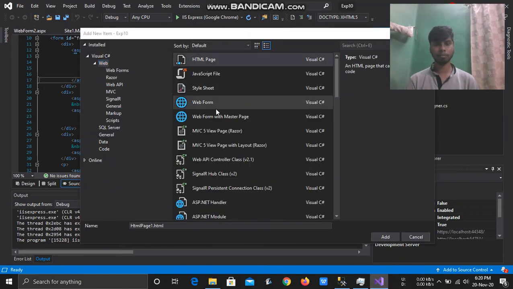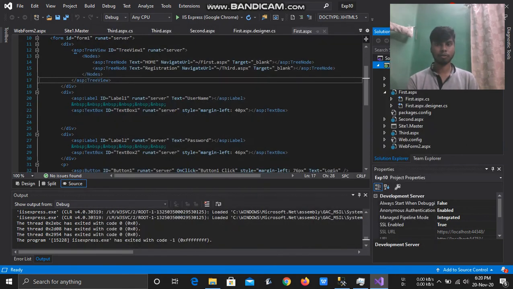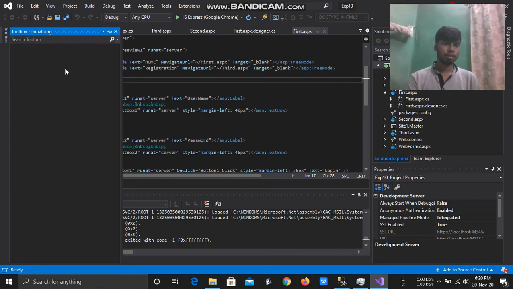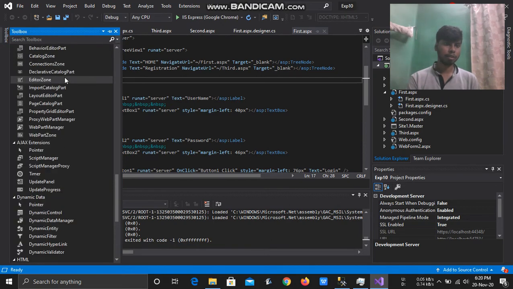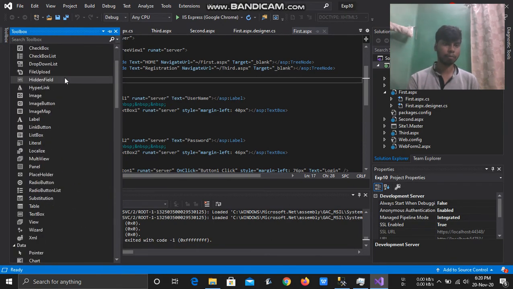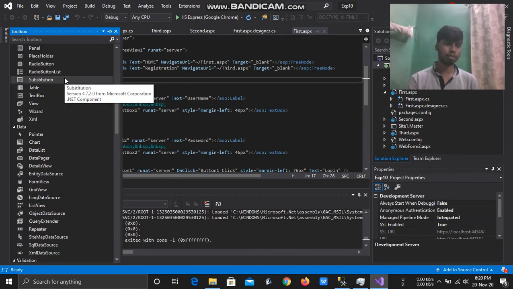We can use web form for simple layout pages, and if you want a proper master page layout, then we go with the web form with master page. This is what we have used, and here are some of the toolbox items which I have used for creating this website. There are many options like web buttons, labels, text box.